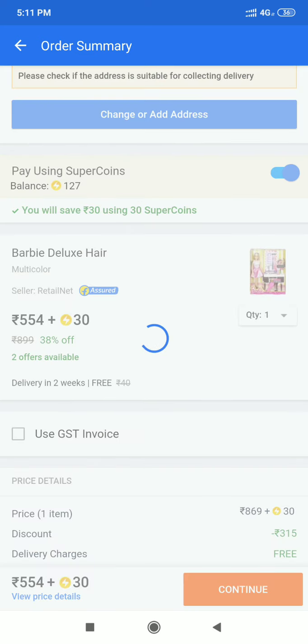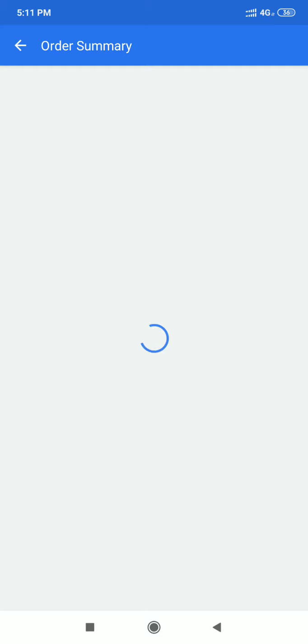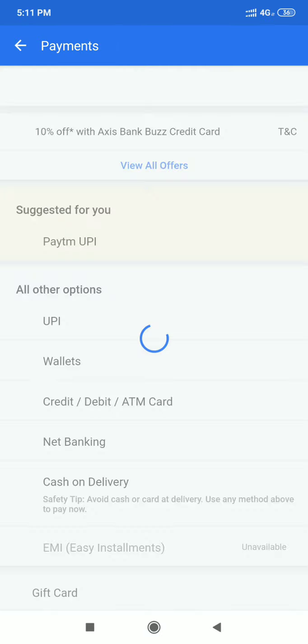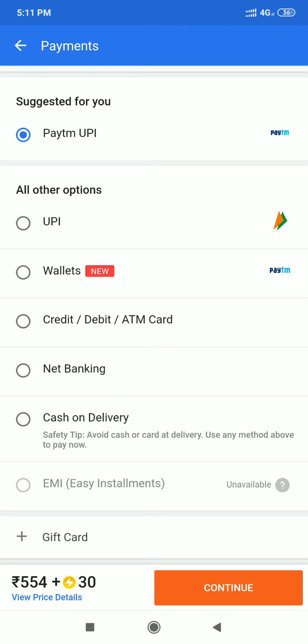You will go to the continue option, and after going to the continue option, here the payments will come, and after going to the payments, it will look like this. Here there will be many options, but you go to cash on delivery. After going to cash on delivery, you click place order. After placing the order, a number will be given here.